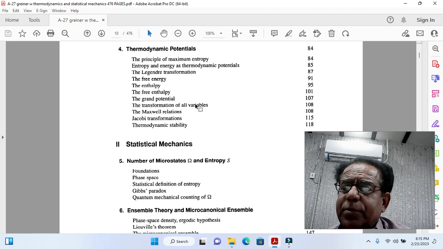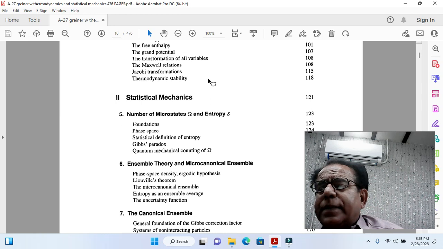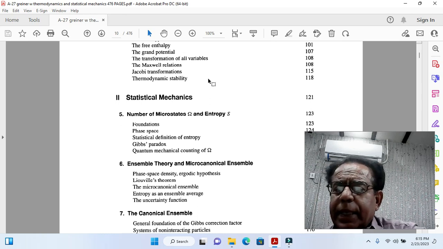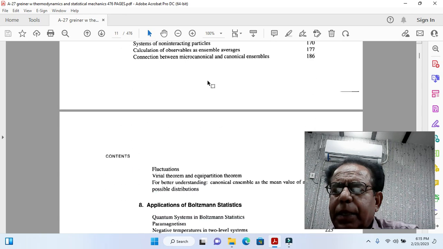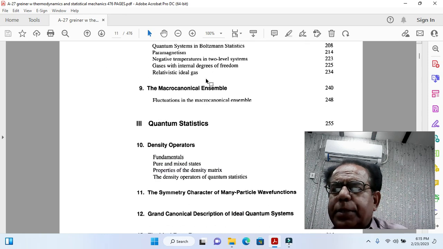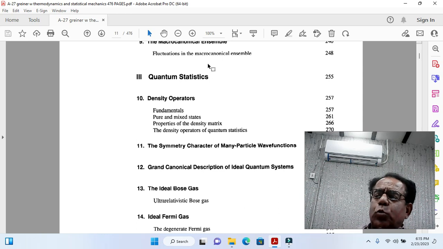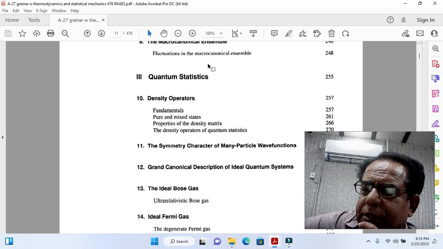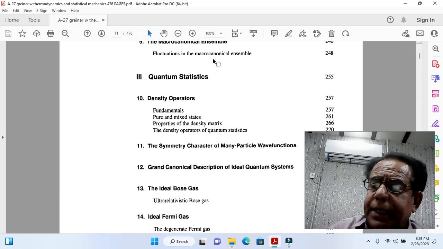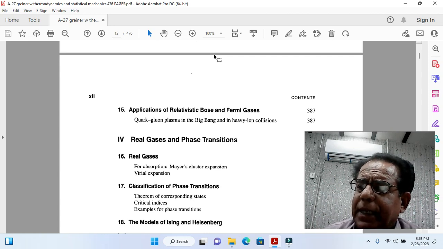Now statistical mechanics: number of microstates omega and entropy S, ensemble theory and microcanonical ensemble, the canonical ensemble and applications of Boltzmann statistics, the macrocanonical ensemble, then quantum statistics, density operators, the symmetry character of many-particle wave functions, grand canonical description and ideal quantum systems, the ideal Bose gas, ideal Fermi gas, applications of relativistic Bose and Fermi gases,